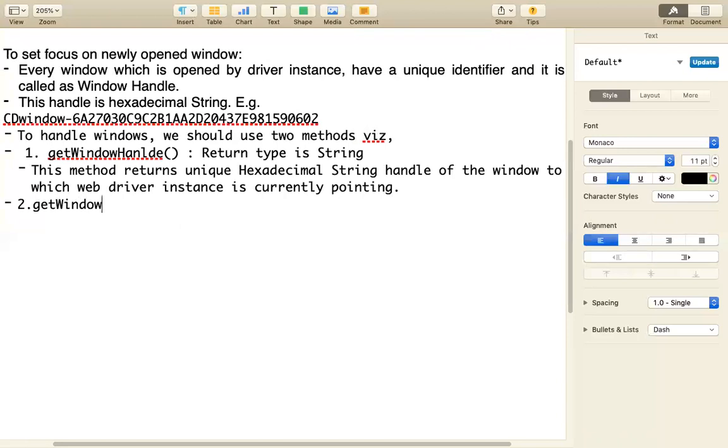Get window handles. Now I already told you that whenever multiple things are coming up, you should consider a collection. So this method's return type will be set. Why set? We'll talk about it. What this method does is it returns